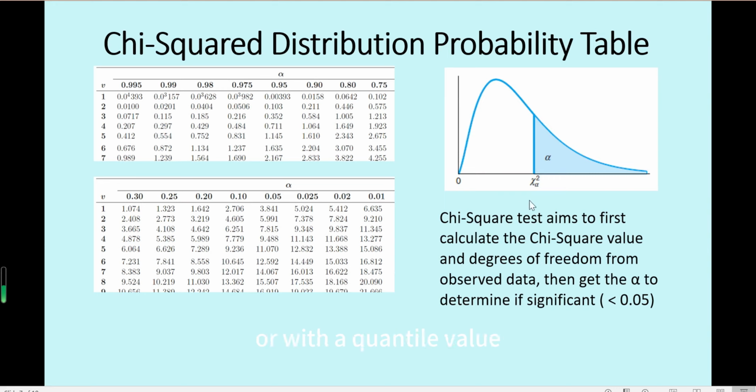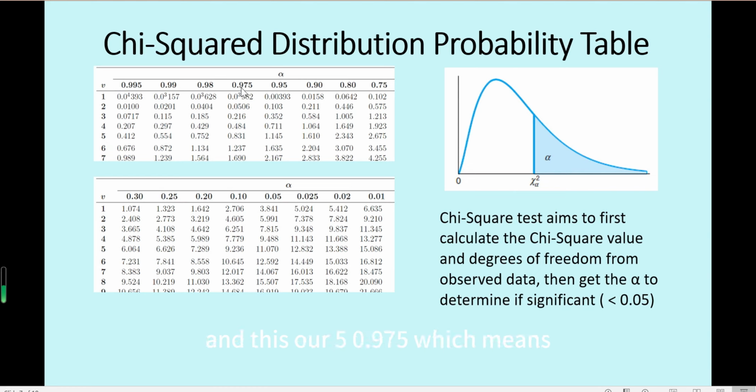It leaves the shaded area, which represents the probability, as alpha. Let's say we set alpha to 0.05, so this critical value is chi-square 0.05 with respect to specific degrees of freedom. If you look at this table, v is here, for example v equals 5, then this value